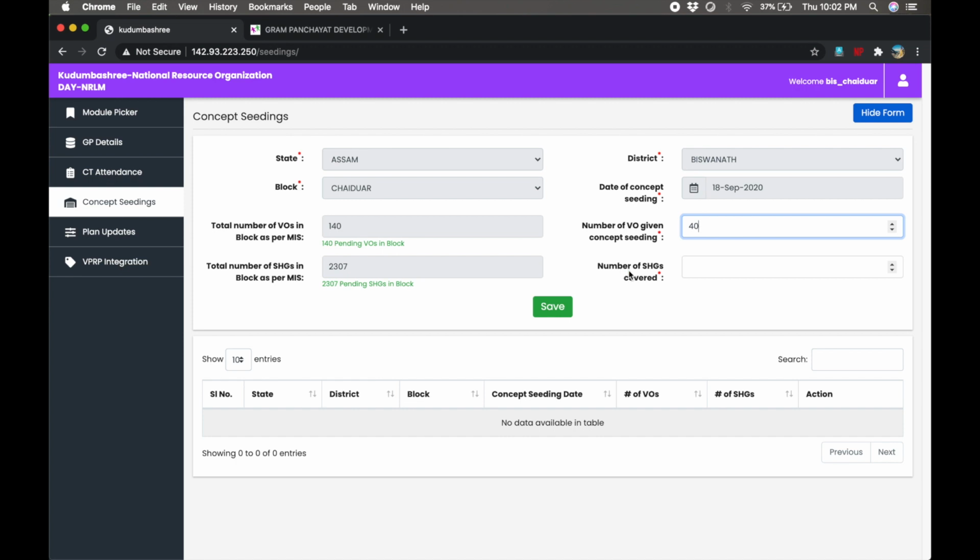We all know for a matter of fact that each SHG is represented in the VO. Now suppose if 40 VOs are covered in concept seeding, it means that the representation of 400 or 410 SHGs is ensured while we give concept seeding for 40 VOs. So I write here 400 SHGs are also covered under those 40 VOs.